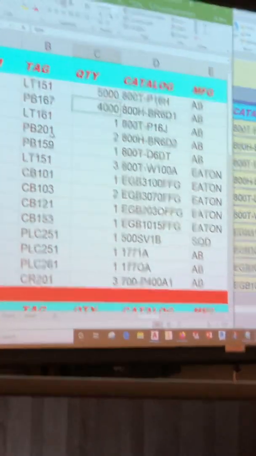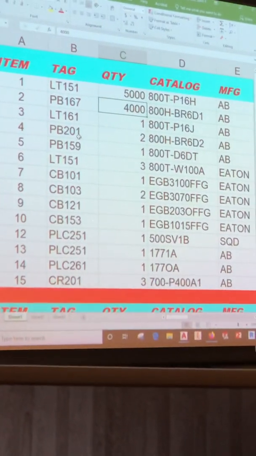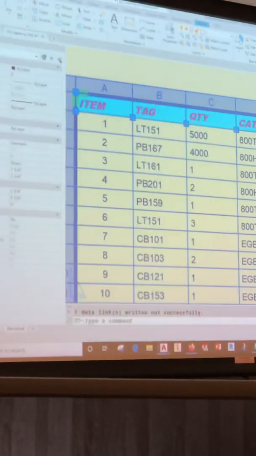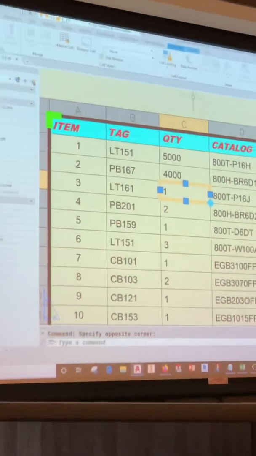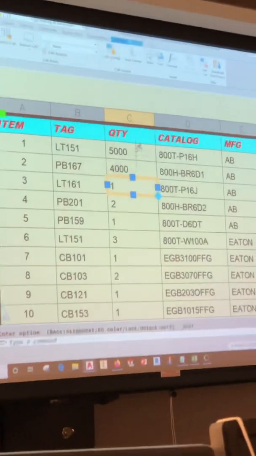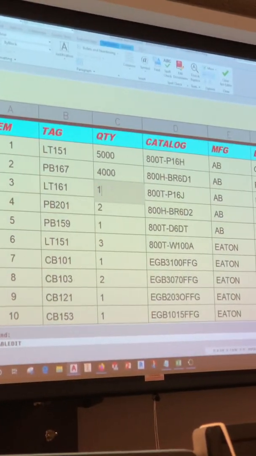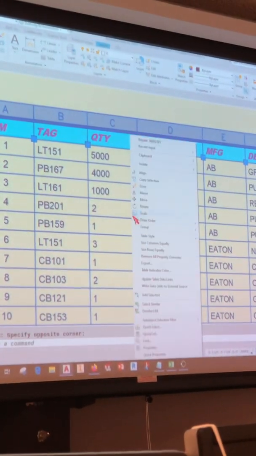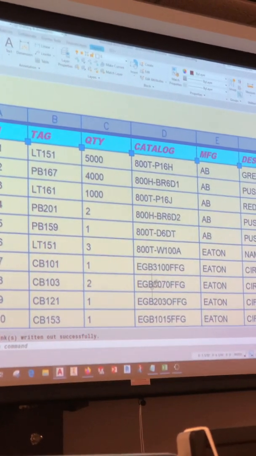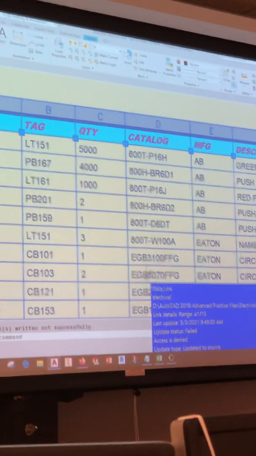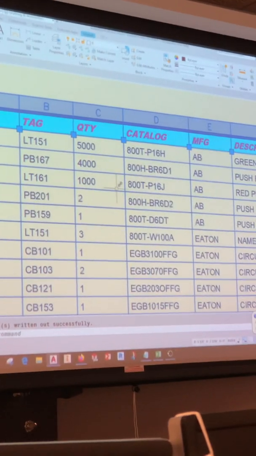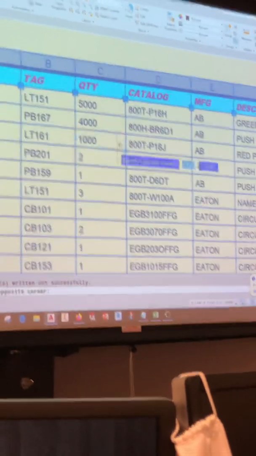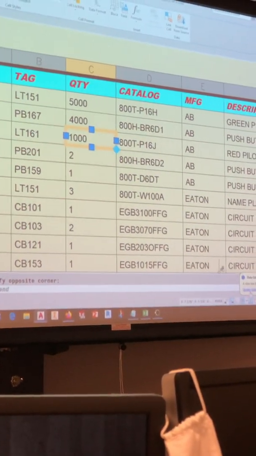Because for you, having a table on a drawing works for you, but it may not work for someone else that needs a spreadsheet. Now I'm going to leave this table open, and I'm going to come over here to this cell and unlock it. I'm going to make it 1,000. Now when I write it out to the source, it should give me an error message. 0 data links written out successfully. And I did not see it,